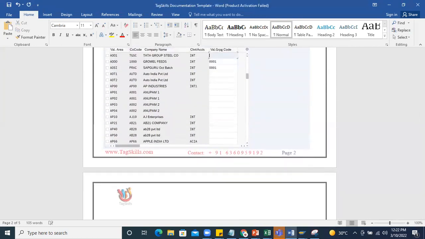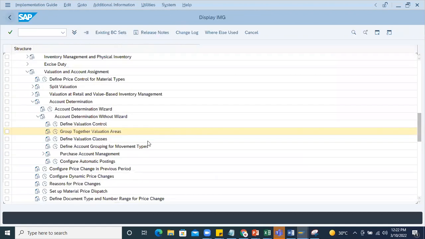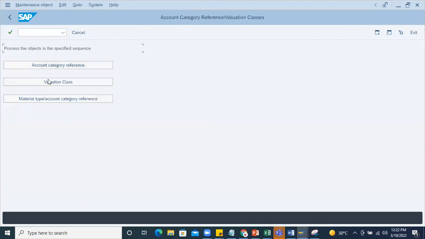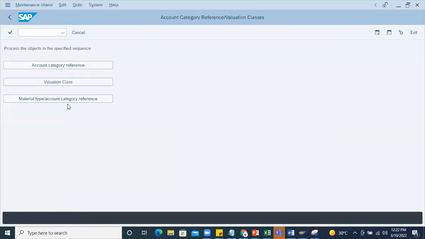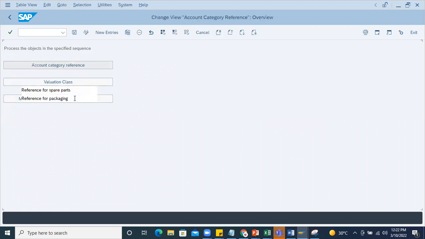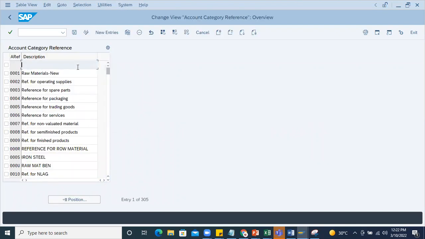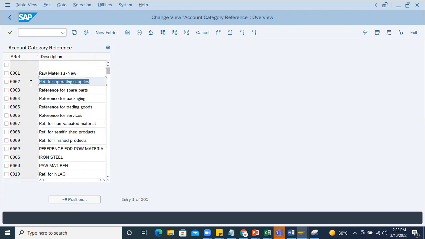I'll go for the next configuration. So here I'll just come back. Then here, define valuation classes. For defining valuation classes, there are 3 things you should know. First thing: if you go to OMS2, OMS2 will take a little time because there are many entries in this OMS2, so that's why it is taking a little longer. So before that, I'll show you what an account reference category is. The account reference category is where you can define multiple reference categories to group. For example, you have a raw material